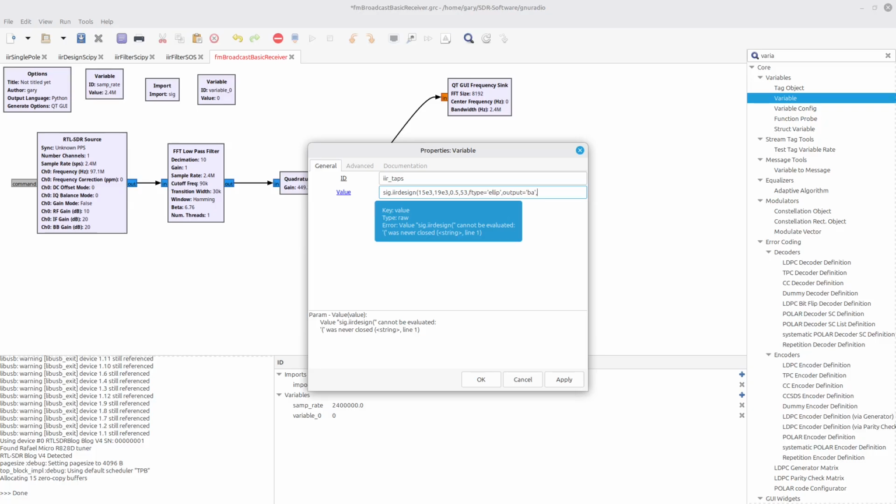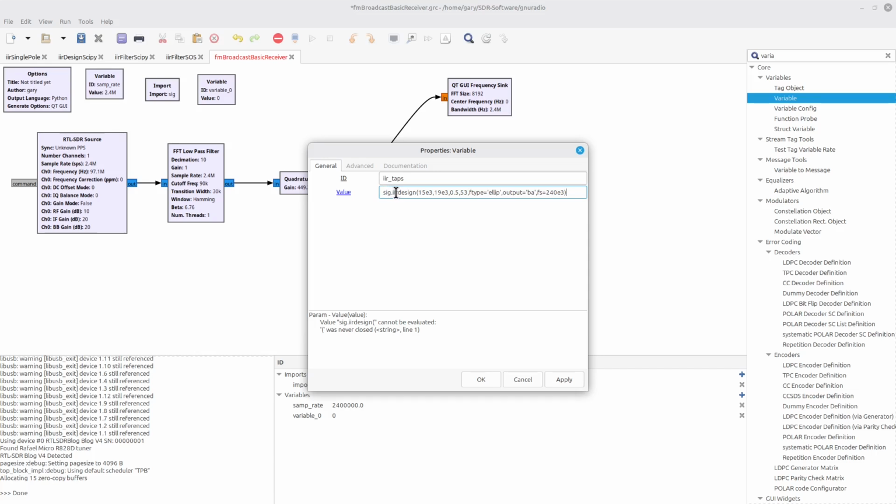And then the last part is, what is the sample rate? I'm going to say FS equals, in this particular case, I have started at 2.4 megahertz, but once I go through this FFT low pass filter, I decimate by a factor of 10. That means that my sample rate is going to be 240E3. I could have also said samp underscore rate slash 10, but I'm just going to make it straightforward here.